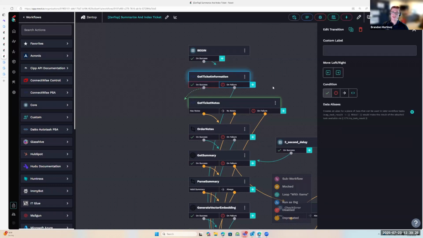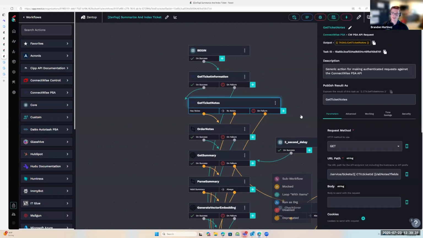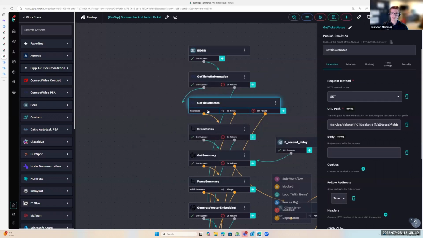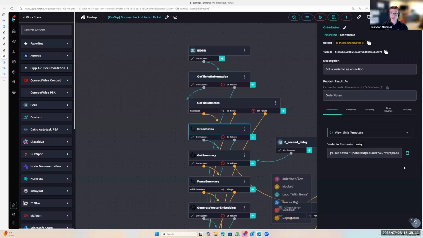We want to pull out the summary, the board it's on, who is assigned to work on it, that sort of metadata. And then we're going to get ticket notes. So get all the notes on service ticket, ticket ID, all notes. And then we're also going to specifically get the fields that are text-based. If it has notes, true if ticket notes exist, we're going to go ahead and put them in the specific order